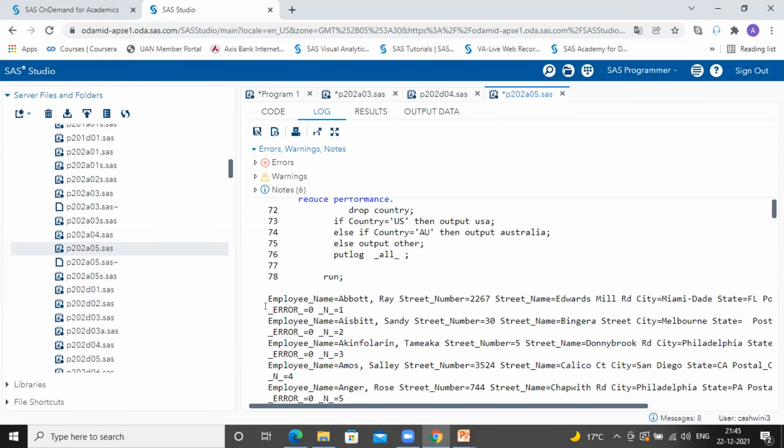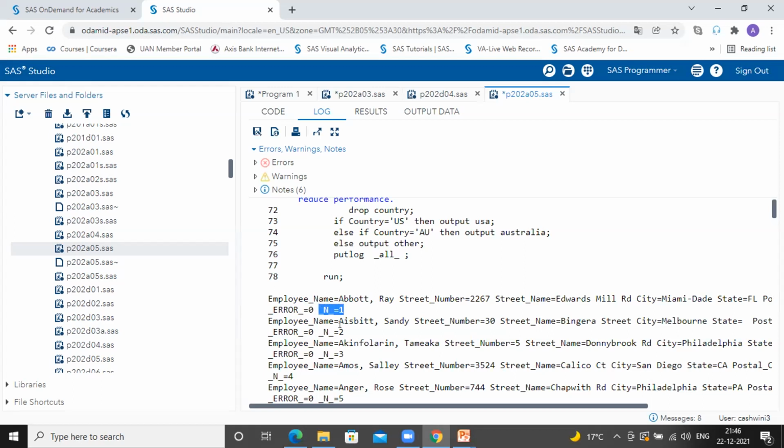True means 1, false means 0. Sorry, I said it opposite. It always has a Boolean expression like 1 or 0. So 0 means there is no error. 1 means an error has occurred. Currently there is no error, hence the value is 0. Whereas underscore N underscore is the temporary variable which indicates the number of data step iterations, that is the data step cycle. It is the first row which has been processed from the input data. Hence its iteration cycle is 1.